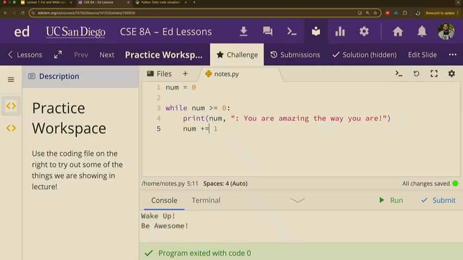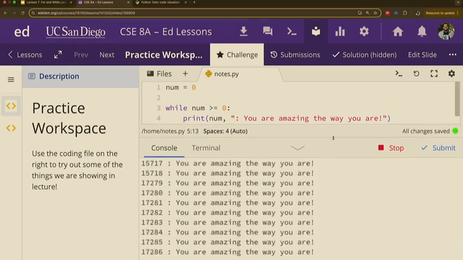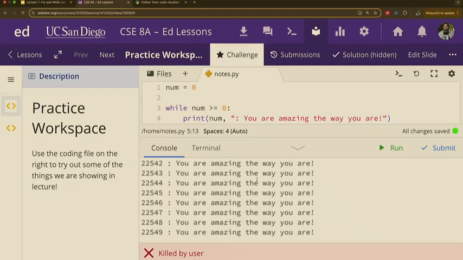Okay? So, when we run this, we have read that 22,549 times until I clicked stop. And that took like what? A second? Maybe 2 seconds? And ran it that many times. Okay?